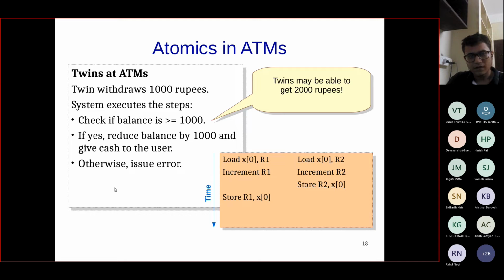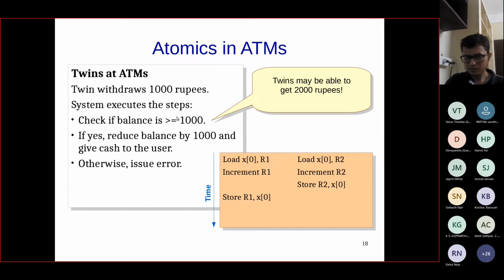So in order to implement this ATM system, what I would say is that the algorithm checks the balance and then reduces the balance. If the balance is proper, meaning it meets this condition, then we reduce the balance and give cash to the user, otherwise we issue an error. So in order to implement this algorithm properly, what we need to take care of is these